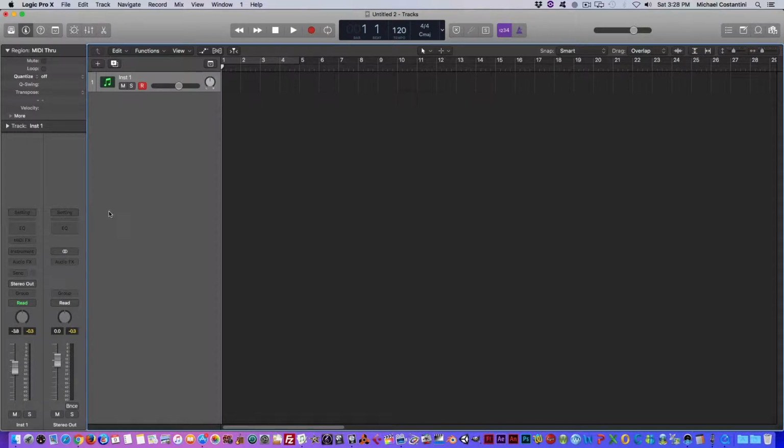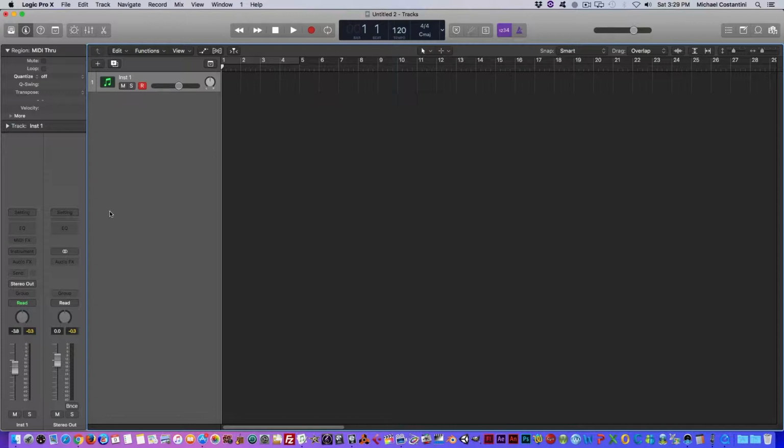This is the first of a series of introductory tutorials on using Reaktor 6 in Logic 10. If you're used to using Reaktor and know a lot about the program, this isn't really the tutorial for you, because this is more of a basic foundation for musicians who are just getting started with it. If you're a musician just getting started with Reaktor and you want a nice little tour to figure things out, this is a good tutorial for you. So I'm just going to show you the basics today, where we'll open up one of